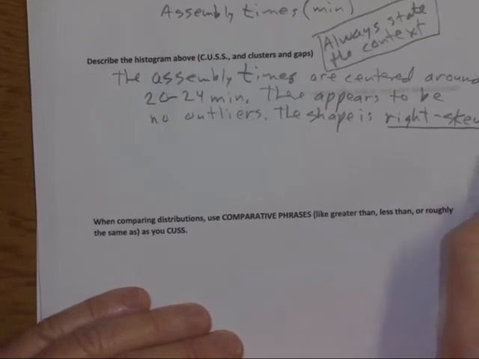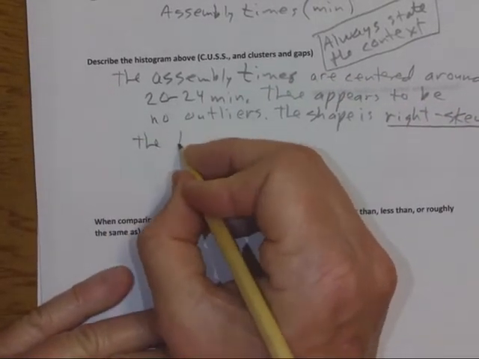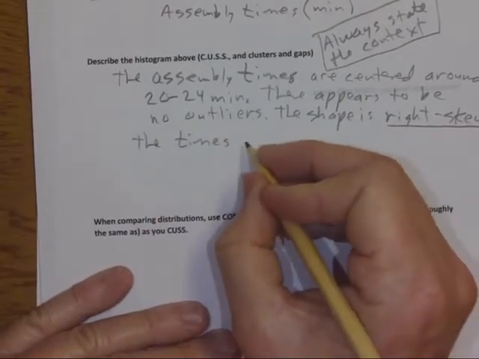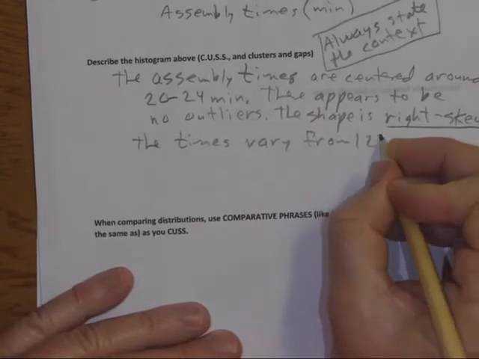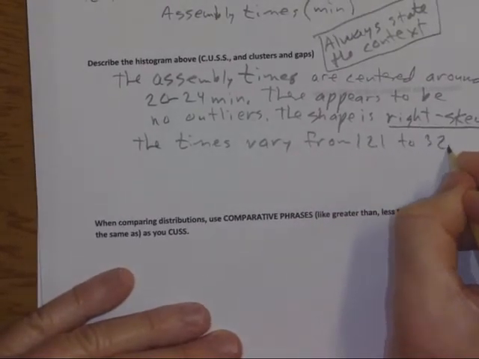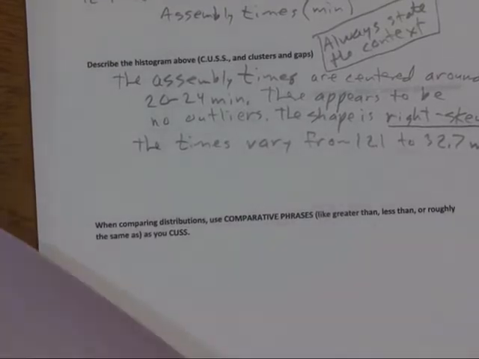Okay, right skewed, and then in regards to the spread, the times vary from 12.1 to 32.7 minutes. And there you go, that's describing it. Now let me go back, this is what you really need to say in regards to the